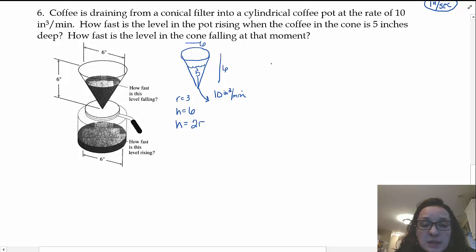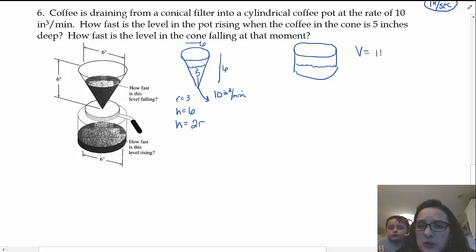Well, let's see here. We probably need to know how fast the level in the cone is falling at that moment. Well, let's see. How fast is the level in the pot rising? So let's talk about the pot now. I'm done with the cone. I want to deal with the pot now. So I have my coffee pot, and it's a cylinder. And as my cylinder fills up,